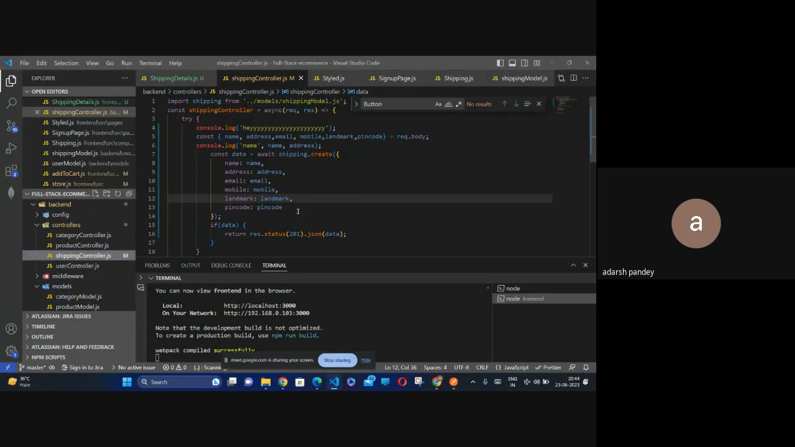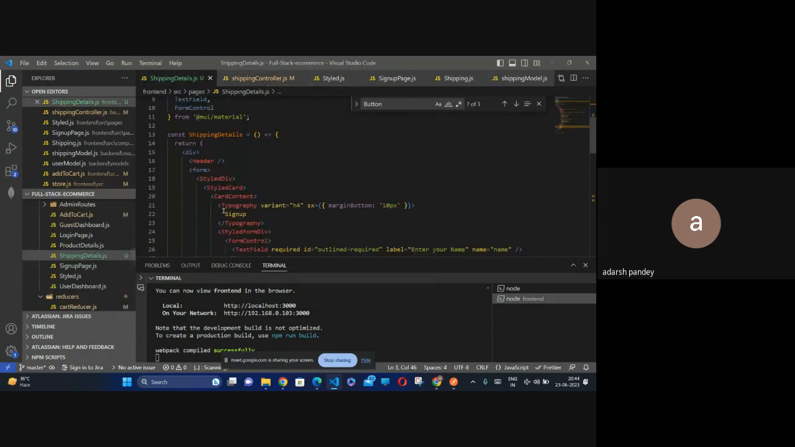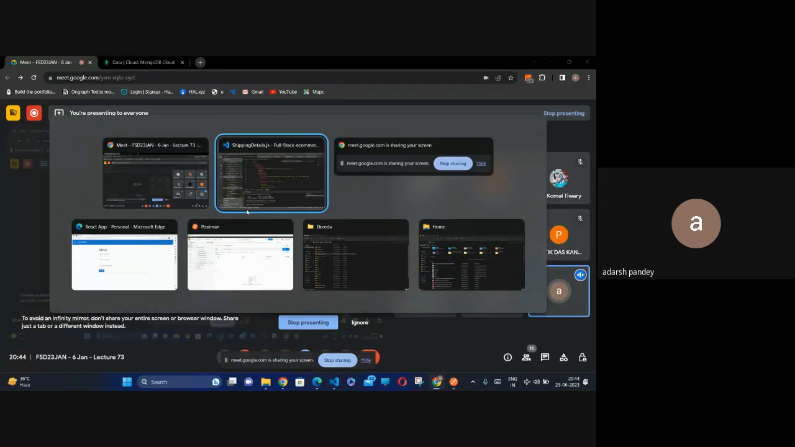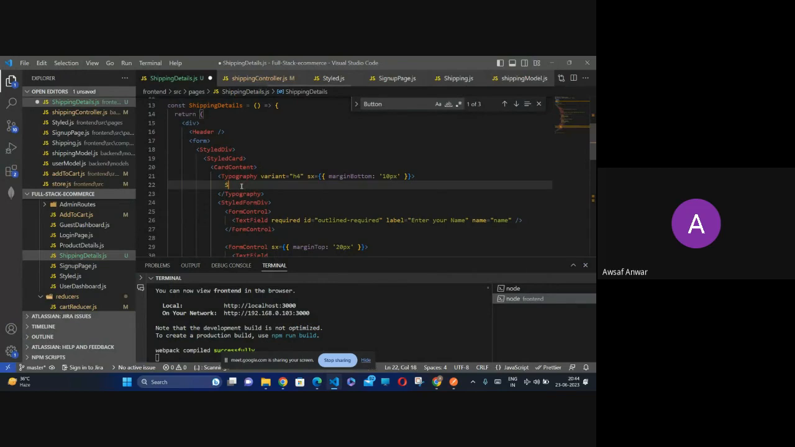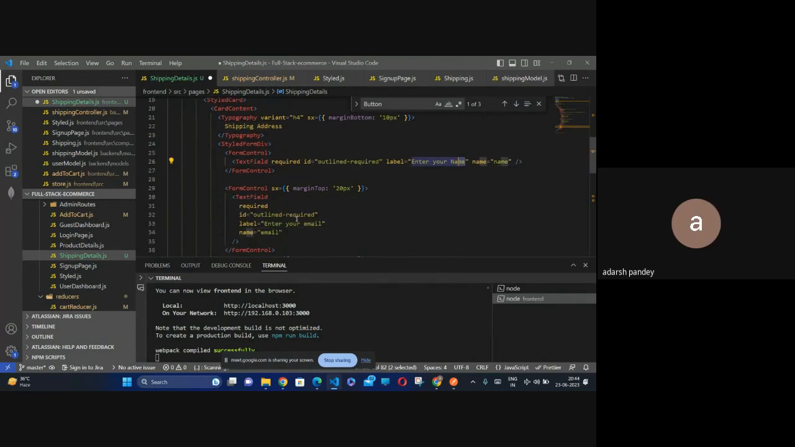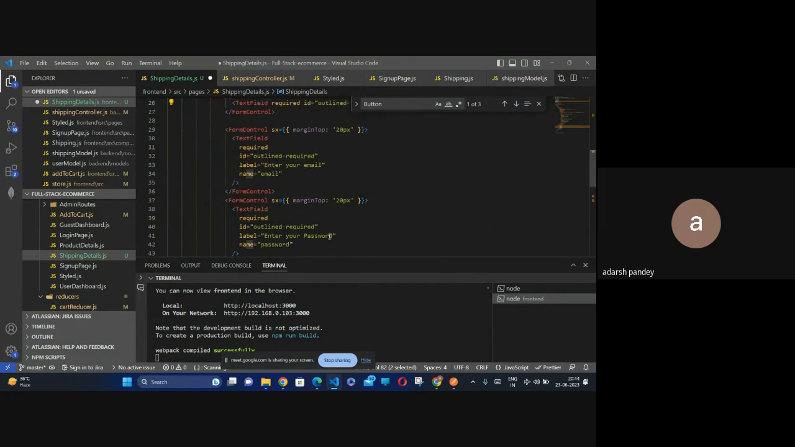So we have a name, address, email, mobile, landmark, and pin code. So what I can do, my screen is visible. Yes, sir. Address, and now enter your name, सही है, enter your email, सही है, enter your address. एड्रेस